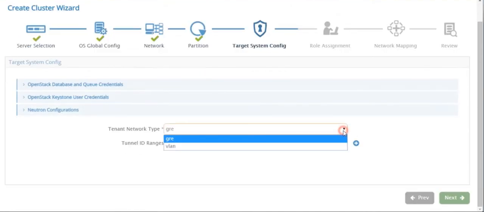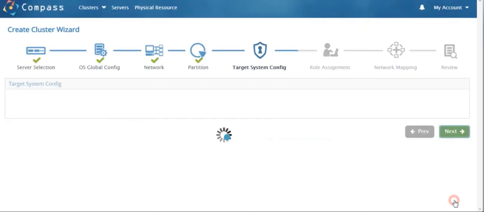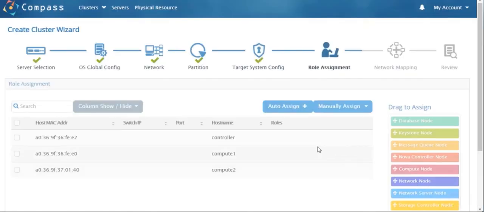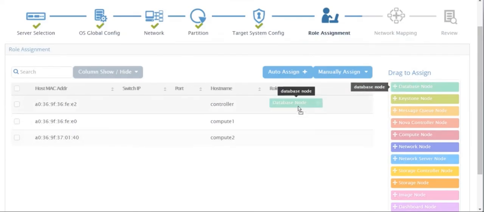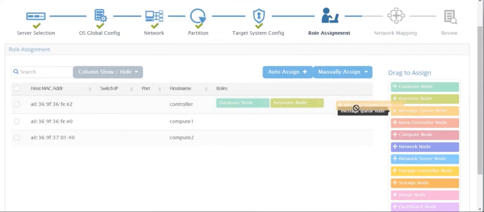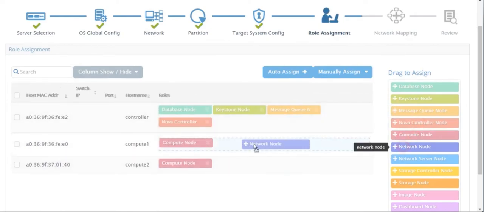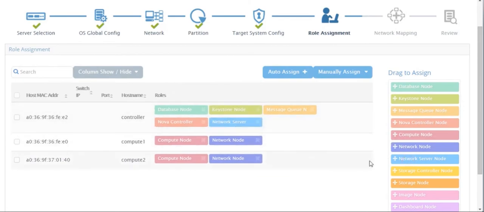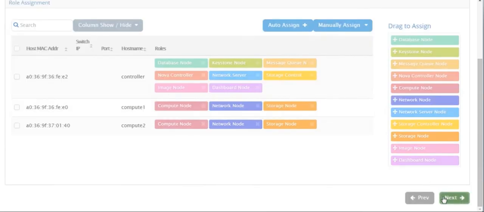And then for Neutron, there's the option to use VLAN or GRE tunnels, and we're going to choose GRE. All right. So here, once we have all the information, this is what is called role assignment, which means in the controller you're going to have Keystone and other processes. For compute nodes, you're going to have Nova and the network agent, and we put in the proper role names allocation here. And then the next step,